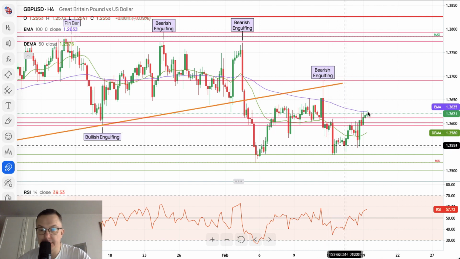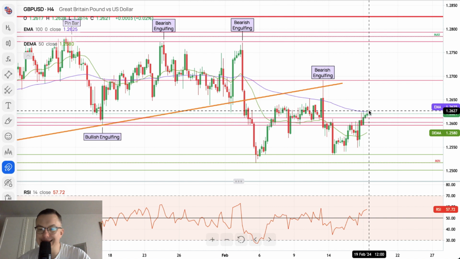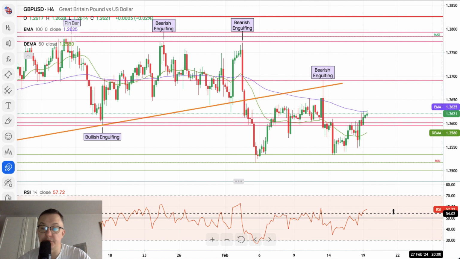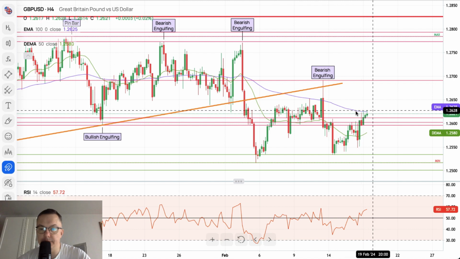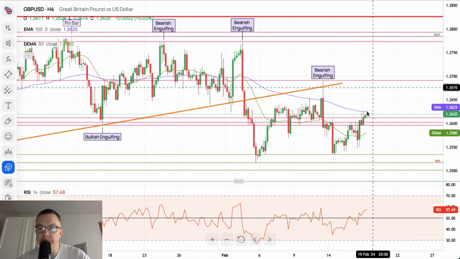Nevertheless, if you look at the dynamics of this move, you can clearly see this is a typical corrective movement. Despite the fact that momentum is positive in the short term, quite strong at 57 points, we should see some sort of reversal coming soon on the British pound,